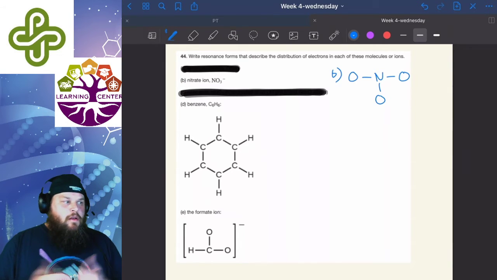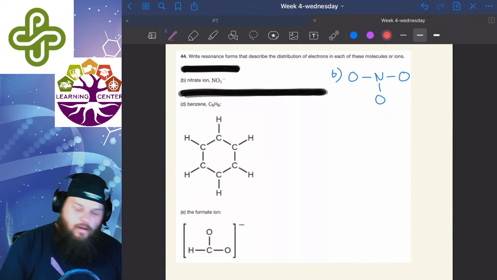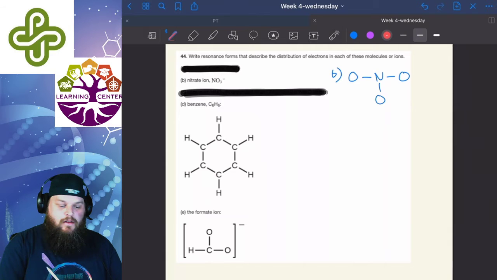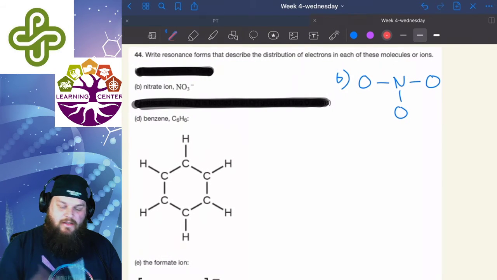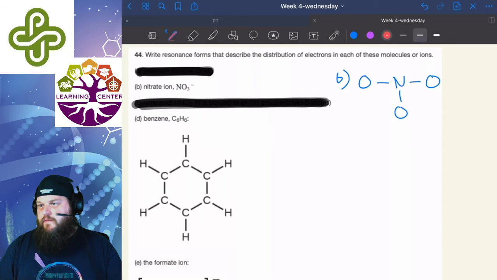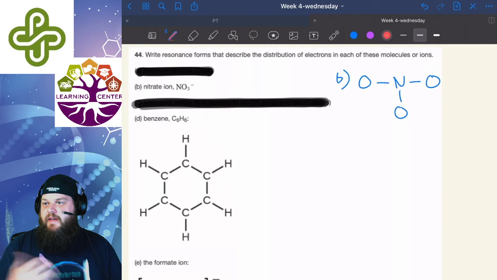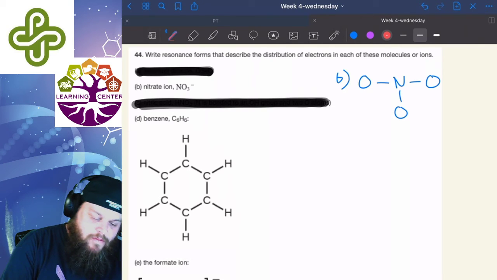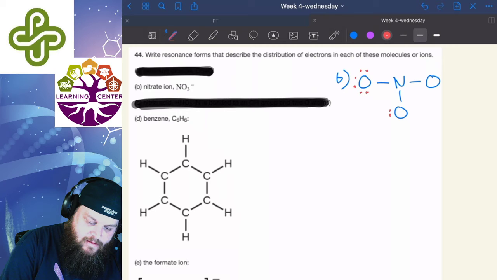So when we bond that, and we do our Lewis dot structure, we know that it's 3 times 6, because oxygen is 6 valence electrons, and nitrogen is a 5. So 3 times 6 is going to be 18, plus 5 is going to be 23. Add one more because it's negatively charged, is 24. So now I'd start putting electrons around it. So if I put 6, 6 and 6,